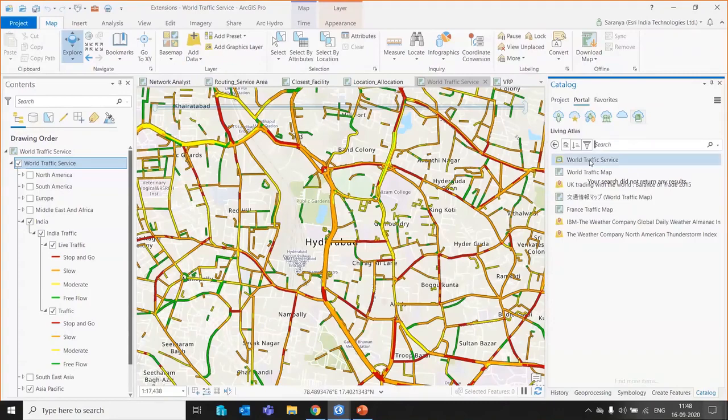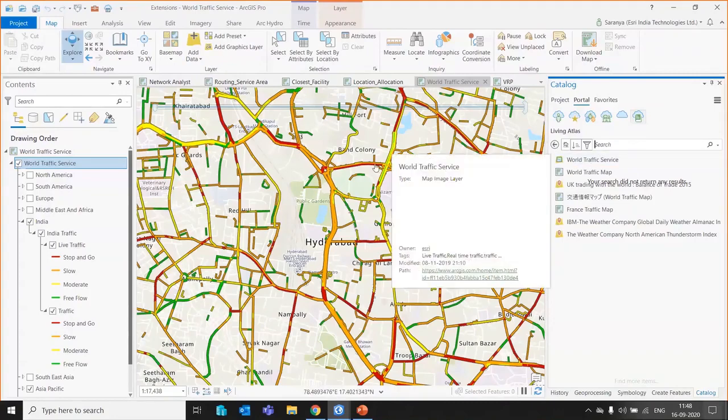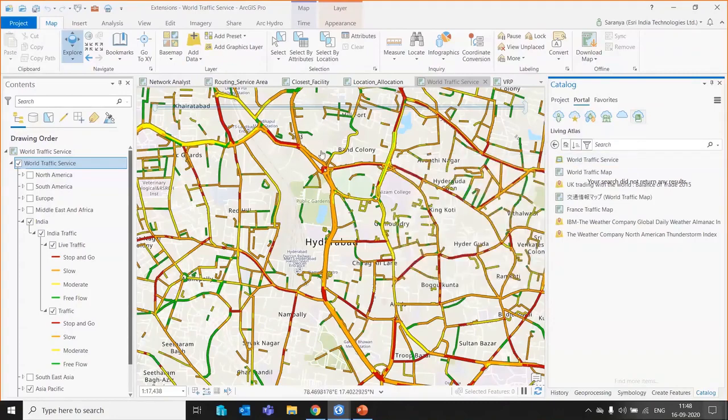This traffic service is especially useful when you have already decided the delivery route and you want to see if traffic is going to affect your planned routes. In such cases, you can overlay your network analysis outputs and see how the traffic is going to affect us. So these type of analysis can also be done.